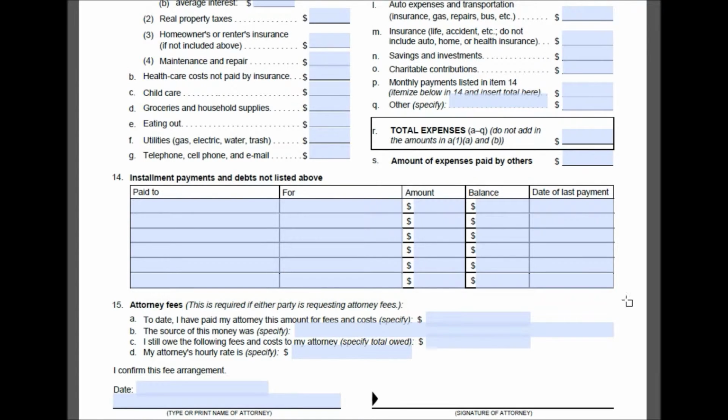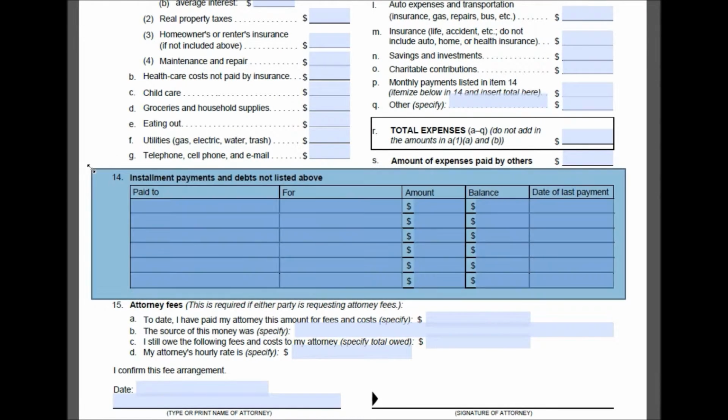So moving on to box 14. As you can probably tell, this is for debt payments. Installment debt basically means something that you're paying on per month. So if you have a credit card that you owe, like $10,000 on, and you're making $200 payments per month, you have to list that down here. If you have a car that you're financing, whatever amount you pay per month, you have to put here. If you have any debt at all that you're paying down, put that here and put in as much detail as you can.